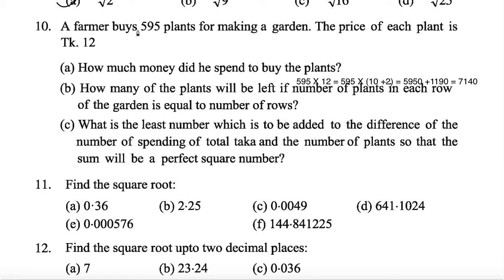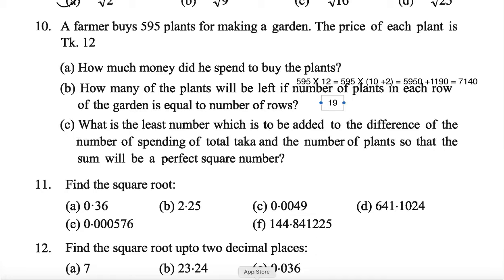Perfect square anywhere between 500 to 600. 600 is also not a perfect square anyway. 595 means 25 square is 625, so proceed with 22 square 484, 23 square 529, 24 square is 576. 576 is nearest, so 19 will be left out.